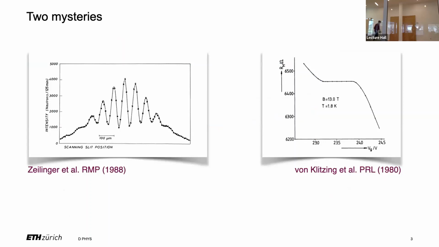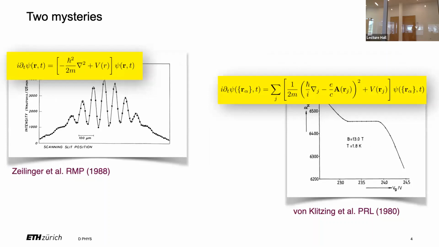We do topology in classical systems. I want to take a few minutes to build the bridge, and I start with this slide. These are two mysteries: the double slit experiment and the quantum Hall effect, and both of them are very strange. One is matter that interferes with itself, and one is a plateau that shouldn't be as flat as it is. Of course, both of these mysteries have long been resolved.